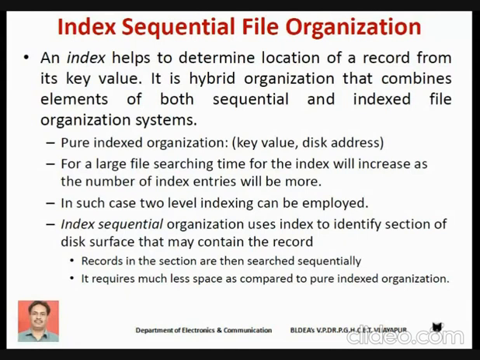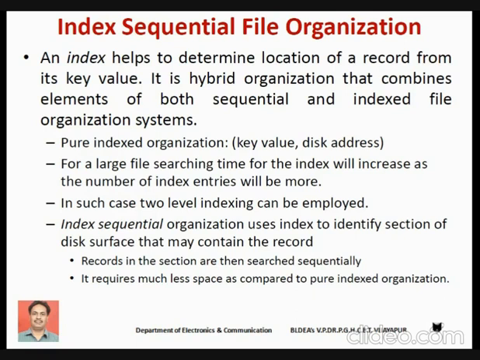In such a case, we can use two-level indexing. Two-level indexing can be employed if you have a very large database. Students, I will give an example. Assume that you have a very large textbook where the contents section itself is 50 pages.